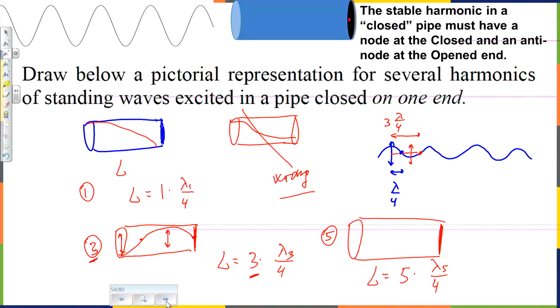And of course, now we can see how we count those modes. We use numbers 1, 3, 5. But we skip numbers 2, 4, 6, so we don't use any even number. We have to use only odd numbers. And we don't count halves, we count quarters. So the equation, the general equation,